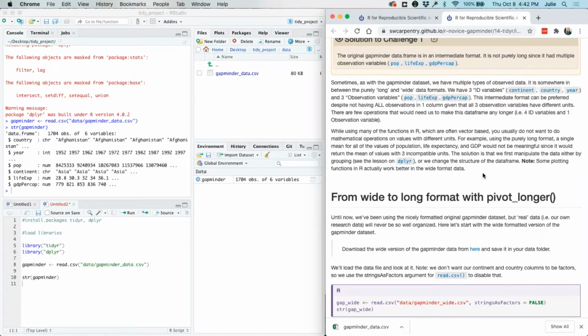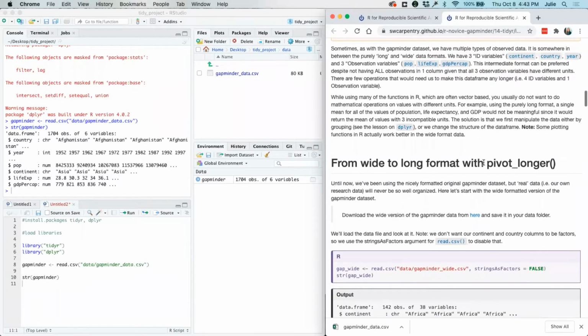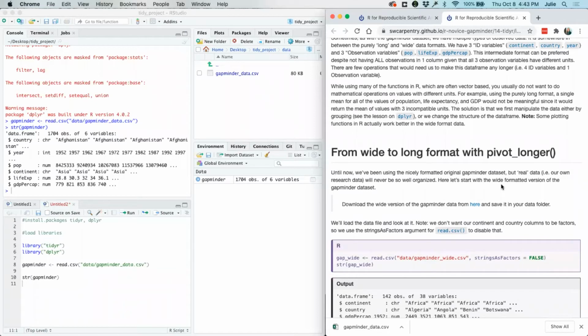So the solution is we must first manipulate the data, either by grouping, which is taught in another lesson, or by changing the structure of the data frame. And that's what we're going to do. And we'll actually look at an example of calculating means later.